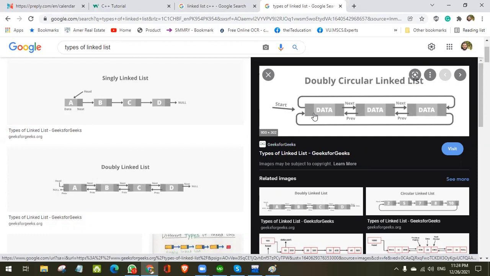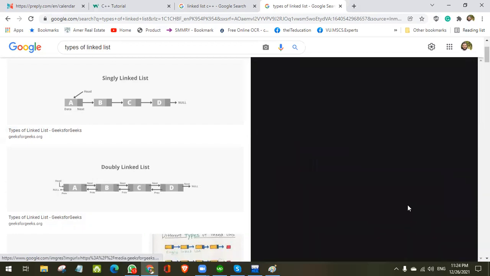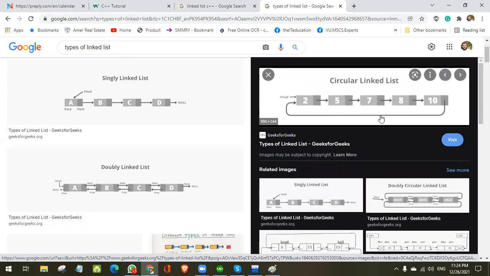And circular linked list could be single linked list as well as the double linked list. Like here, this is doubly circular linked list. And this is single circular linked list. You understand? Yes. Yeah. Single, double. Okay. So this is about our...